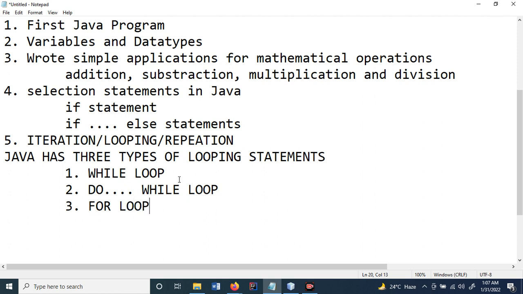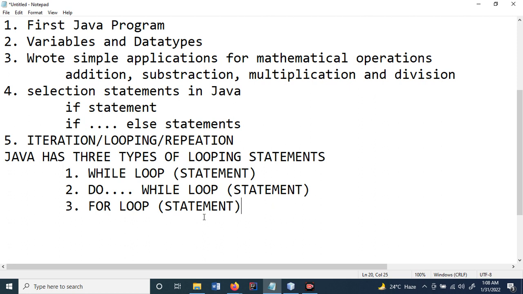You can call this a while loop or a while statement, and you can also call the other one a do while loop or a do while statement, and you will still be correct. The same thing goes for the for loop. So having mentioned these 3 types of iteration statements, we will now take them one after the other